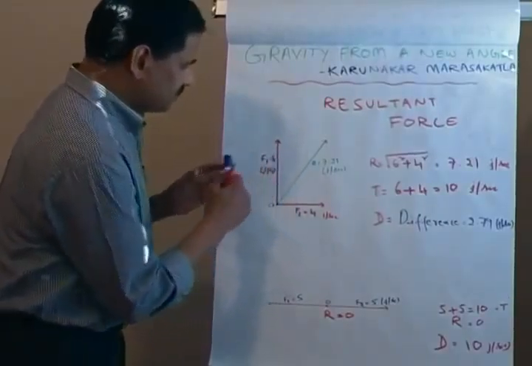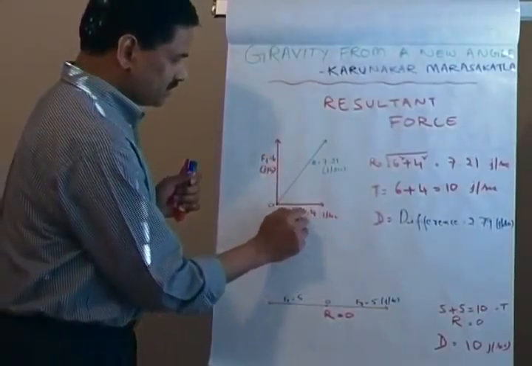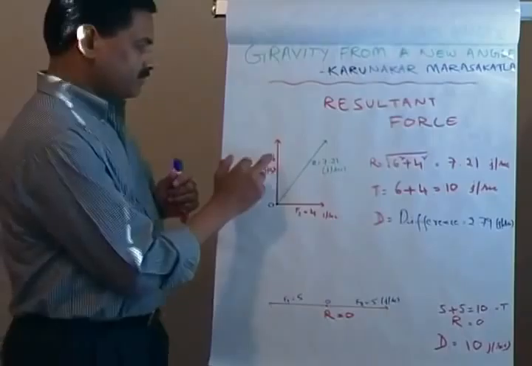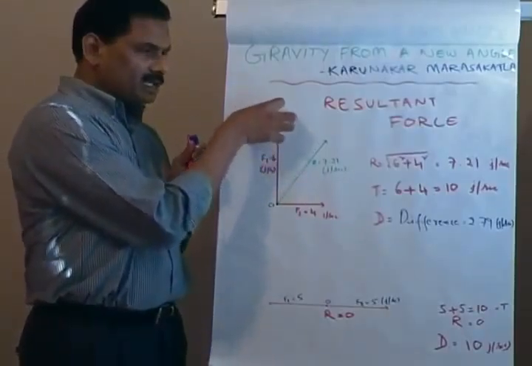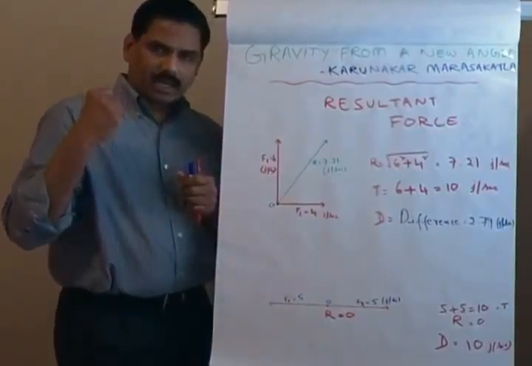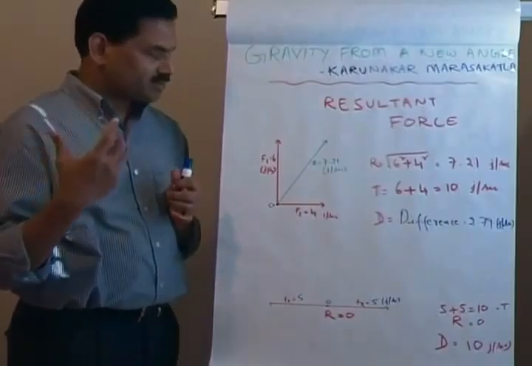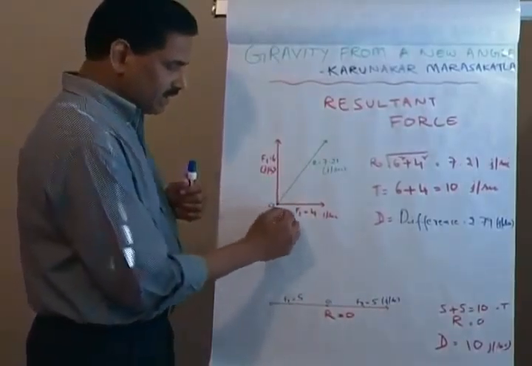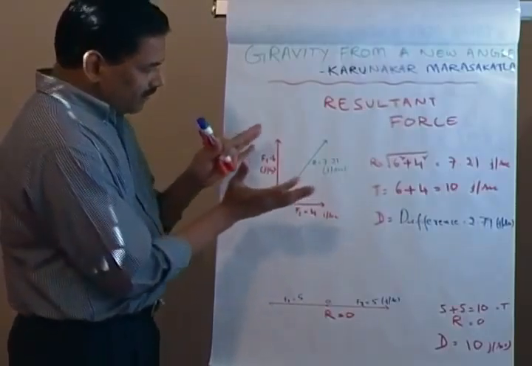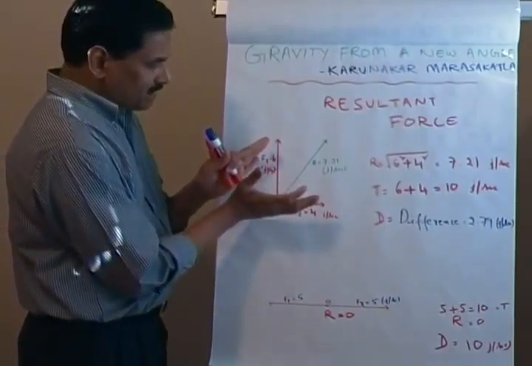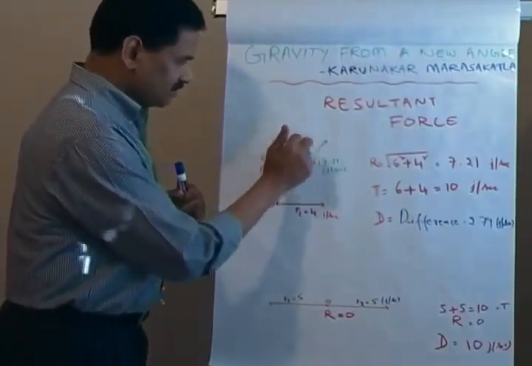There's an F1 force here going up. This O is the object, and F1 is 6 joules per second. This system, whatever the entity that is pulling this object in this upward direction, is expending 6 joules in each second, and F2 is 4 joules per second. So the combined result of these two forces is another force,